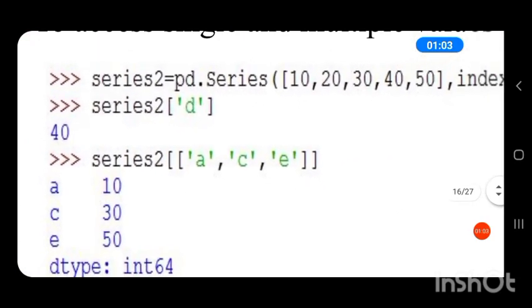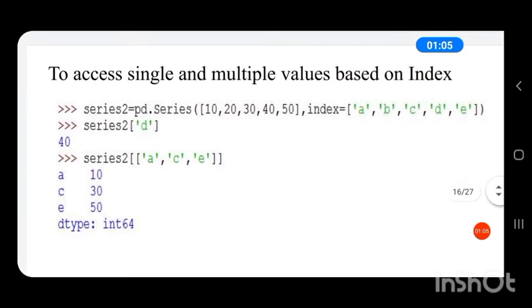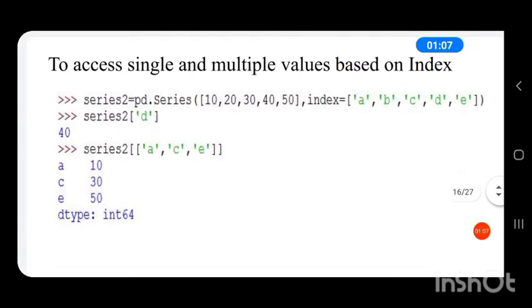The index given is d. So the value corresponding to index d is 40. That is, it is the fourth value, 10, 20, 30, 40. So series 2 in square brackets d will retrieve the value corresponding to the index d, that is value 40.